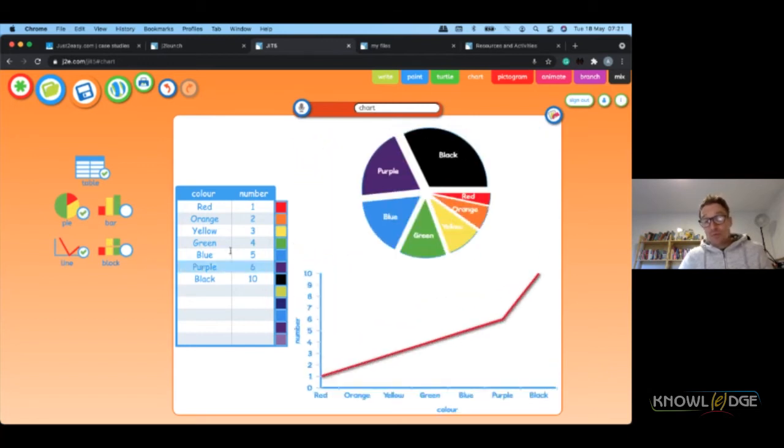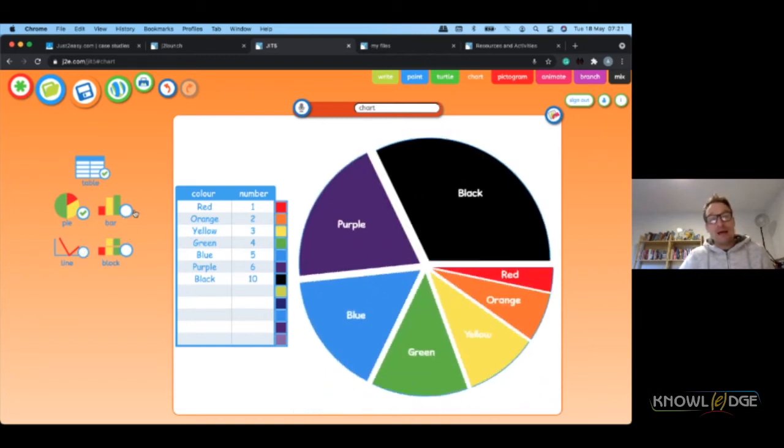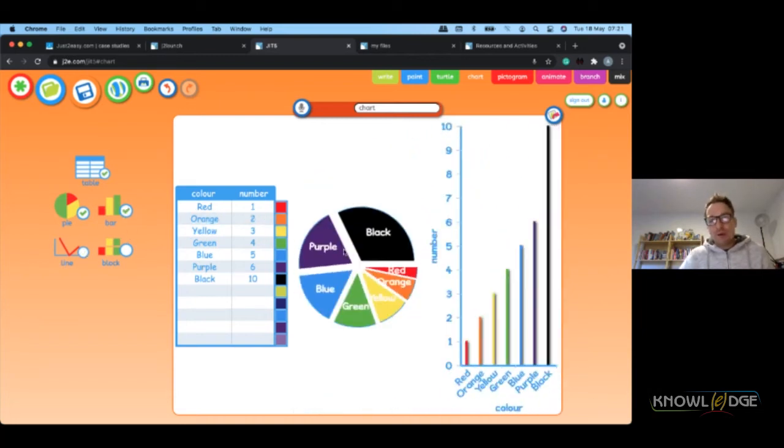Alternatively, if you want to have more than one at a time on the screen, you could then show the differences between the two types of information. So we could compare the use of a pie chart or the use of a bar chart, giving your children an opportunity to modify the activity that they were going into to then really show how they were able to interpret the information and give a better, more complete analysis and real, true, deeper understanding of what it is that they have been learning with you.